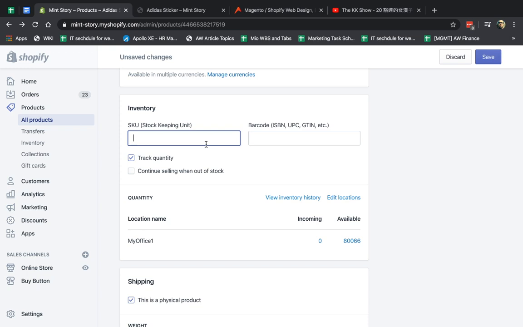Okay, so for example, my product might be ABC123. That's my unique SKU that's unique just for that product in the warehouse. Okay, if it has a universal number like a barcode or an ISBN for books or UPC or GTIN or other unique identifier codes, you're going to put that in.